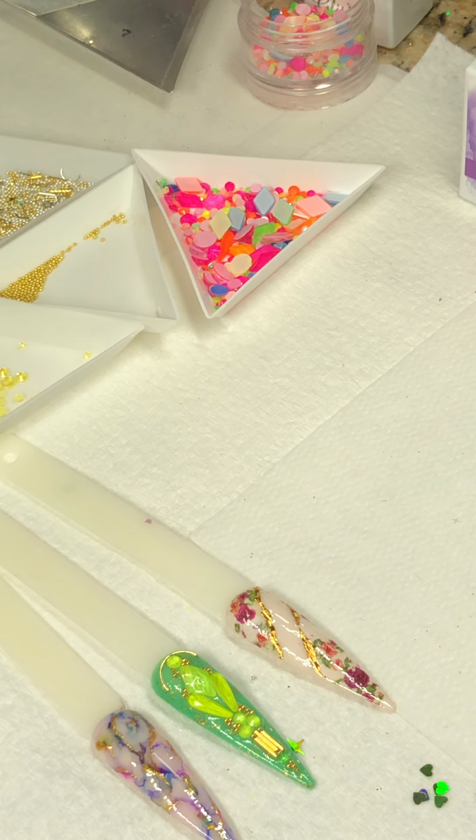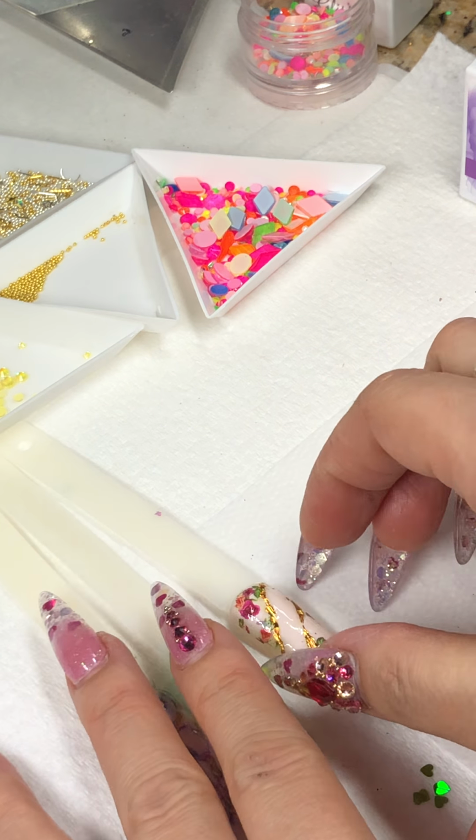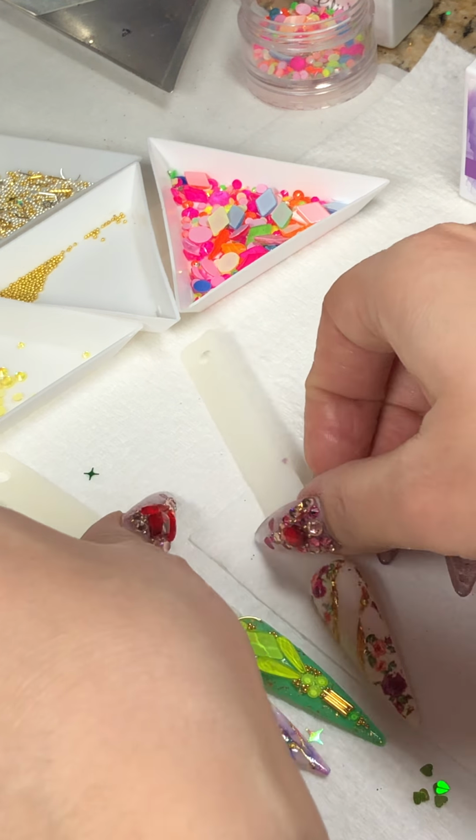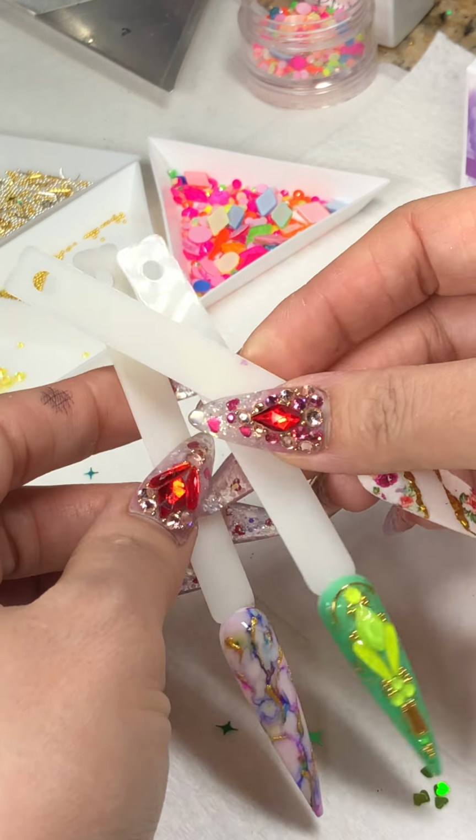And this is now completely done. Thank you so much, Lori. Thank you so much, everyone, for tuning in tonight. We did 4 beautiful nails with all different fusioning, chamfer foil, crystal placements, and it's great to have you